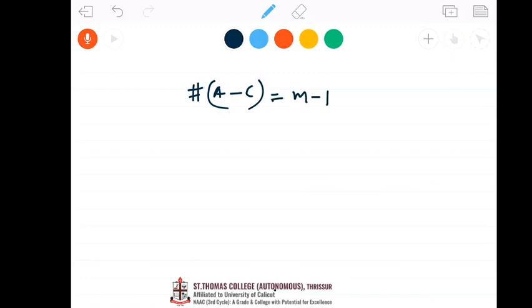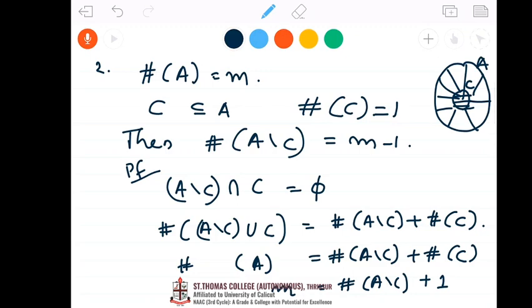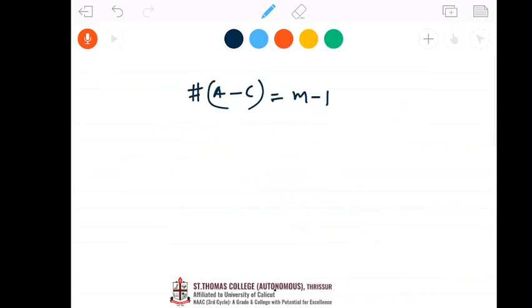Okay, I hope you understood the result. We have taken two disjoint sets, and then by the previous result, number of elements in the union is equal to the sum of number of elements in each set. We use that and we get number of elements in A minus C is equal to m minus 1. Now the third part of the theorem says that if C is an infinite set,